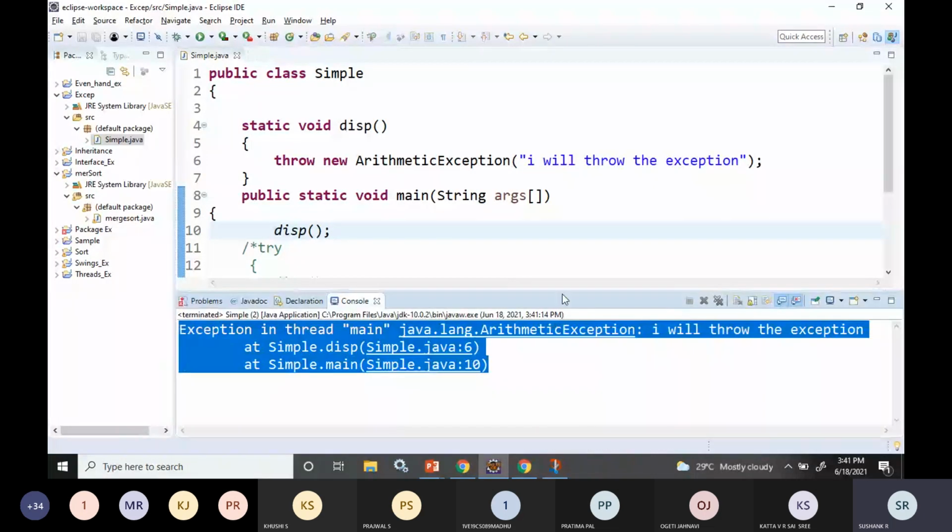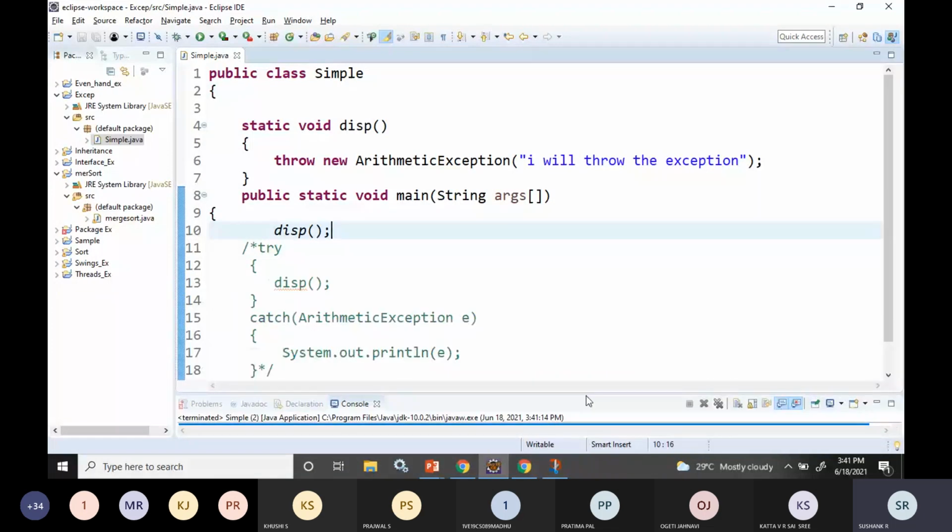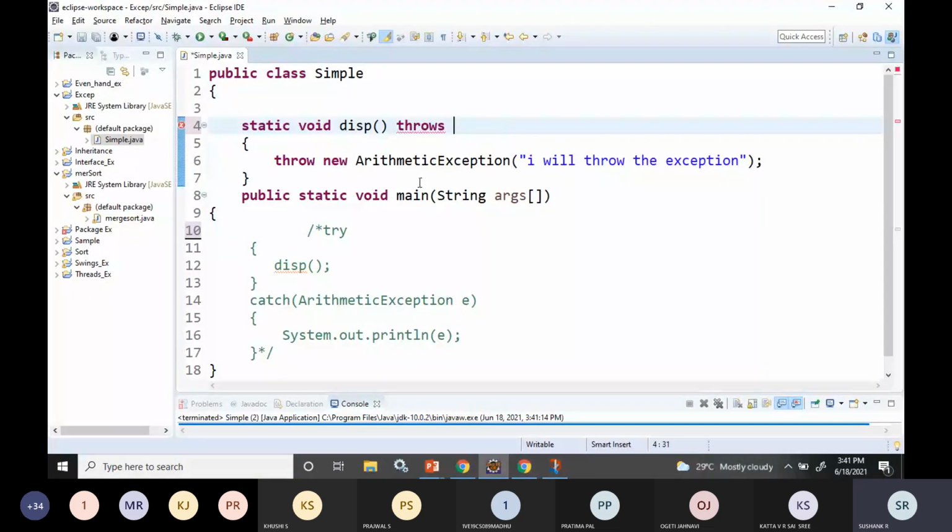But if that function had notified the caller that it will throw an error, then I could have handled that. How to notify? By using the throws keyword and the exception it is throwing. Here it is throwing the arithmetic exception.